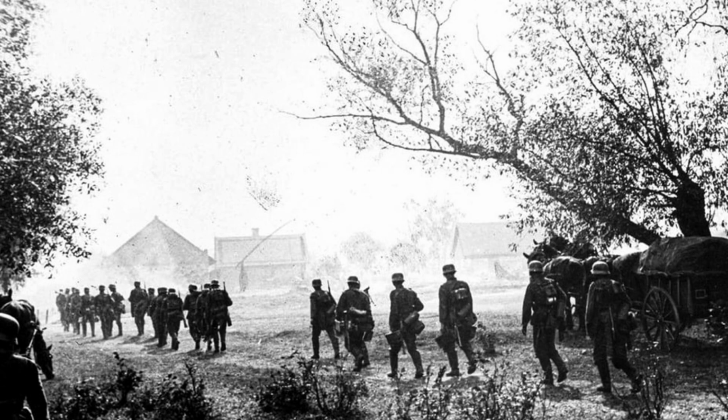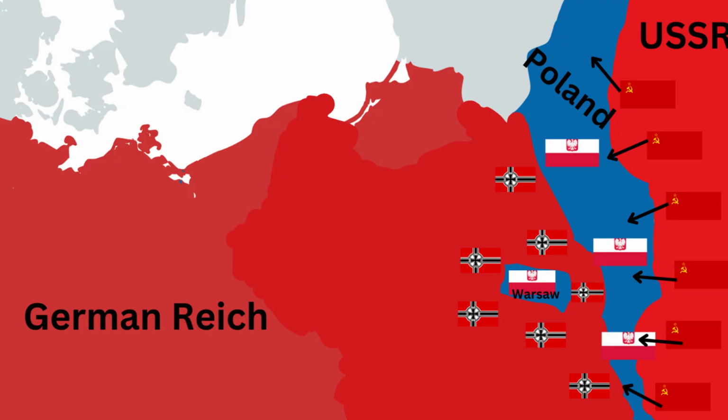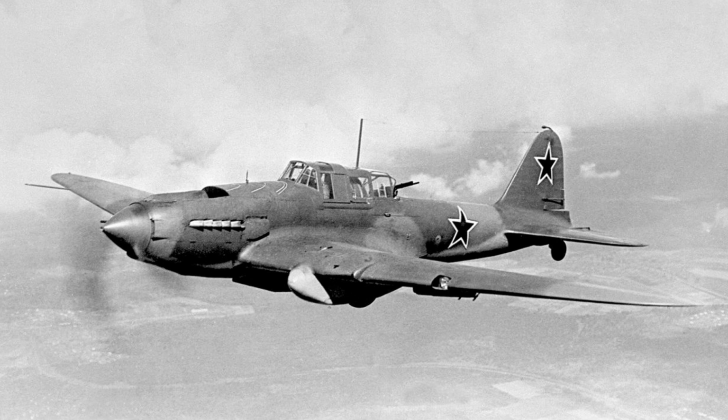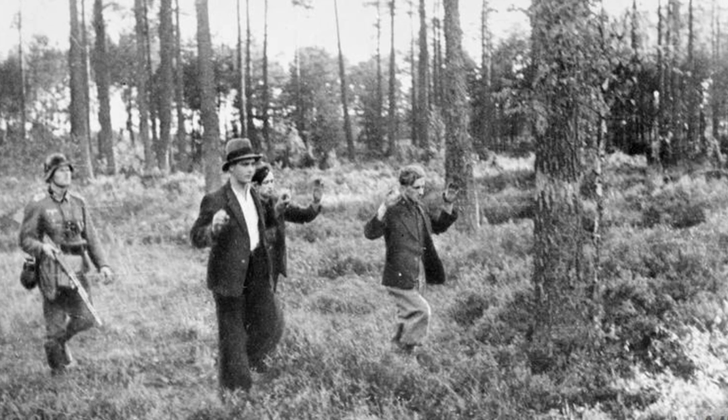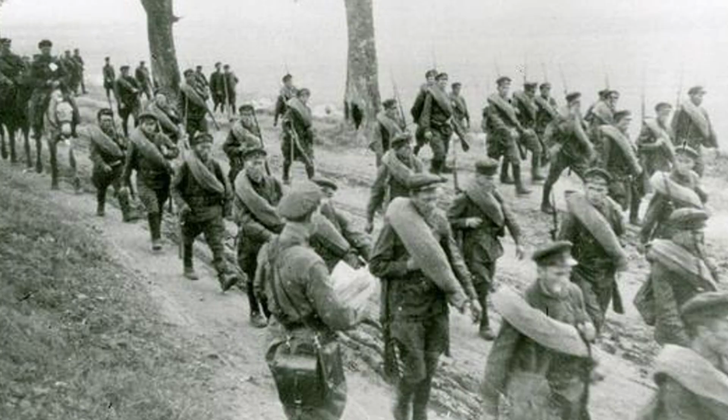On September 17, 1939, Poland's fate was sealed. After enduring a brutal invasion from Nazi Germany on September 1st, the Polish army was already on the back foot. But things would get even worse. In accordance with the Molotov-Ribbentrop Pact, Stalin gave the order for the Soviet Union to invade from the east. Over 450,000 Soviet soldiers, 4,736 tanks, and 3,300 aircraft poured into Poland, crippling the already weakened Polish forces. Any hope of a successful defense was now gone.